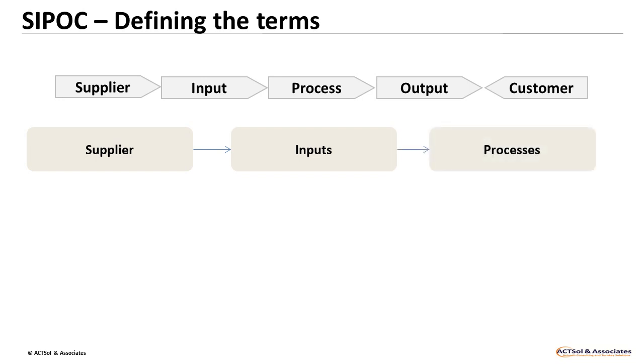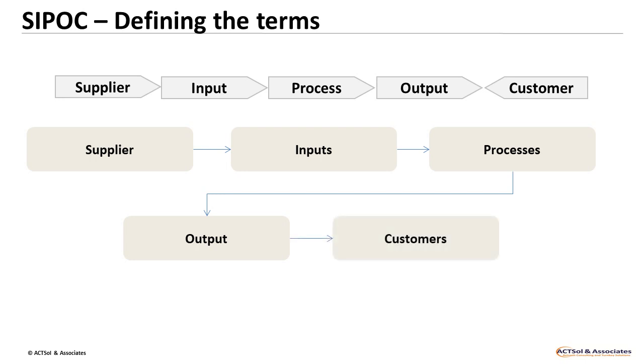Process: the activities, procedures, steps required to produce the output. Output: what the customer or client wants or needs or has requested, including the specific requirements for each output. It is what the process or the unit produces. Their requirements could include timing and frequency. Customers: the internal or external customers or clients that will receive the outputs of this process.